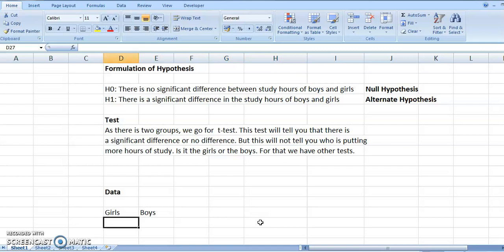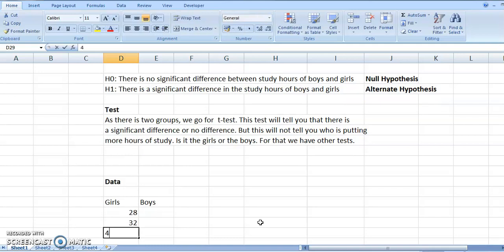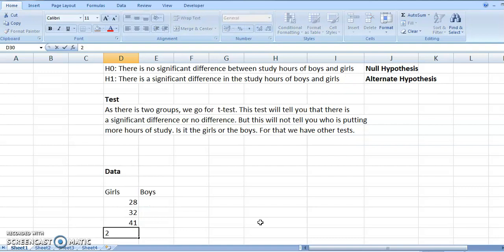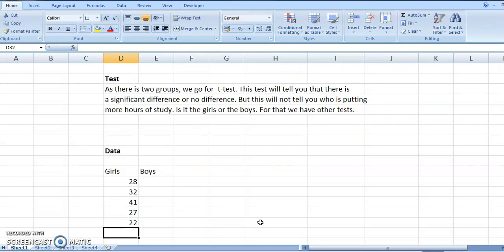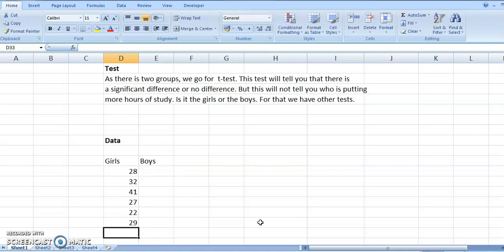Let's create some data. Let us say 28 hours, 32 hours, 41 hours, 27 hours, again 22 hours, again 29 hours, 30. What are these?